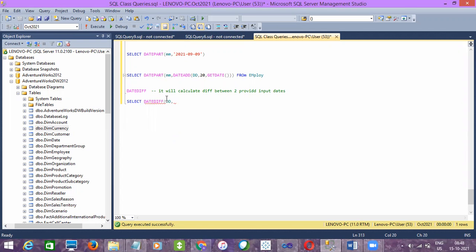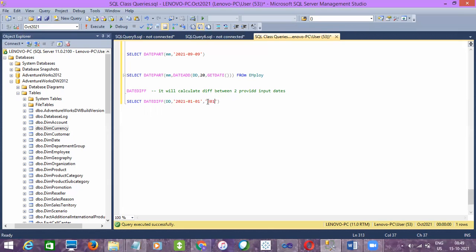it will accept three arguments. The first argument is which part of the date you want to calculate as a difference. And then the second argument is the first input value, and the third argument is the second input value, which will be used to calculate the difference. Let's say I'll hard code the values here, 2021-01-01, right?